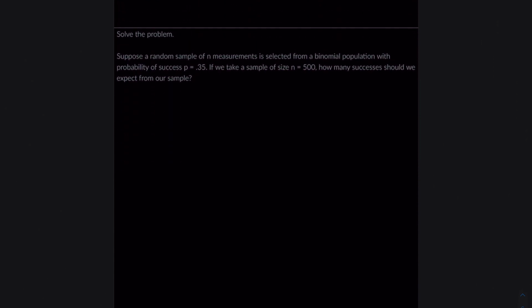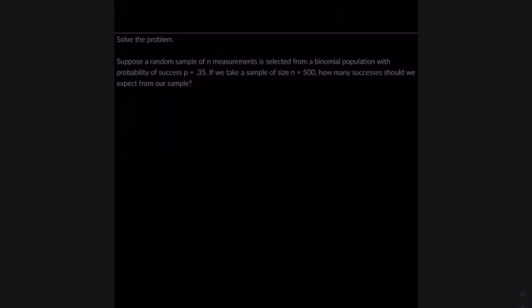So last problem. Suppose a random sample of n measurements is selected from a binomial population with probability of success p equals 0.35. If we take a sample of n equals 500, how many successes should we expect from our sample? And I'm going to add another part to this, and that would be describe the shape. So for the central limit theorem, we're going to need to find the successes, we're going to need to find the failures, and then if they're both over 10, it's normal. So 500 times 0.35